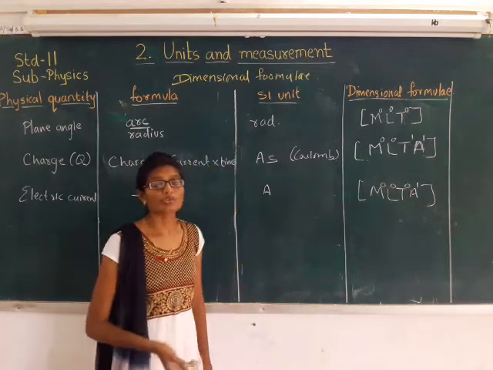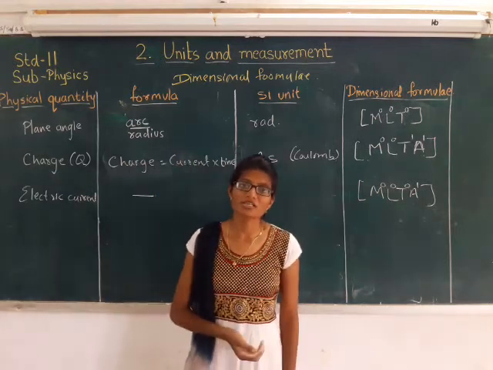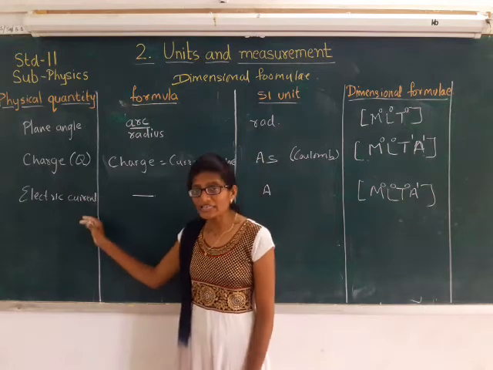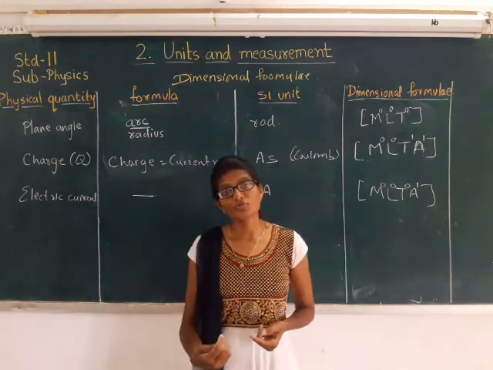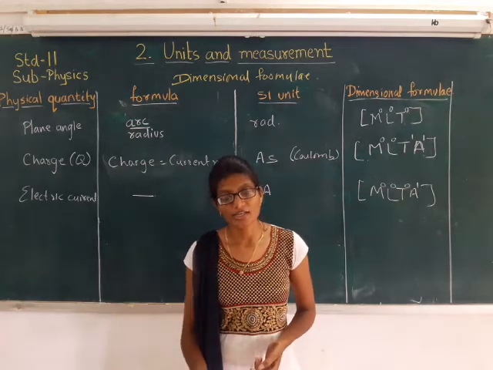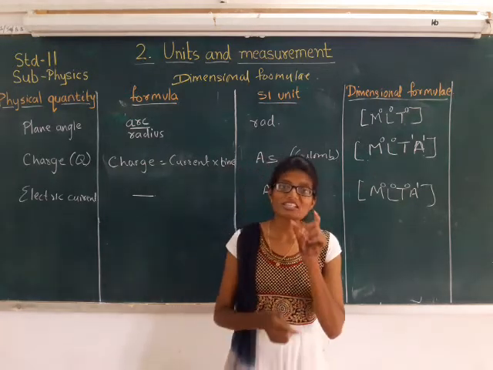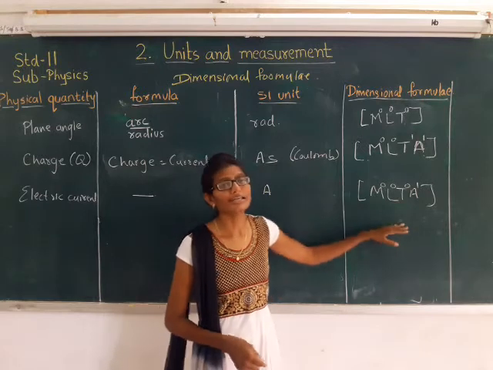This is how we are going to find the dimensional formula for any physical quantities, right? For finding the dimensional formula, you should know its formula. On the basis of the formula, you need to derive its unit. And when you get the unit, seeing its power, you need to write the dimensional